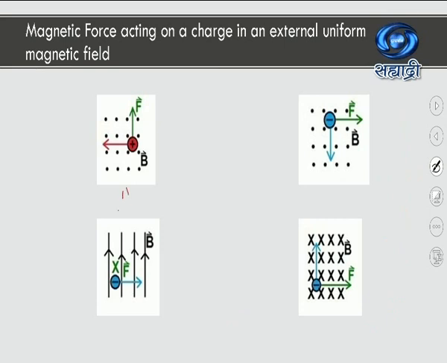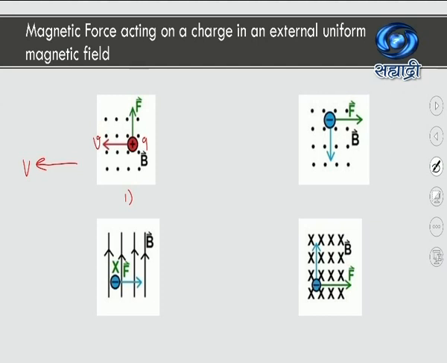Let us go for the first case. In this case, what I can see is that the magnetic field B, the black color dots and B are black in color. That means dots represent B. The direction of the magnetic field is outward, as I have told you. Force, we have to find out, and this is the direction of velocity of this charge Q. This is charge Q, which is a positive charge. It is moving with velocity V to the left hand side.